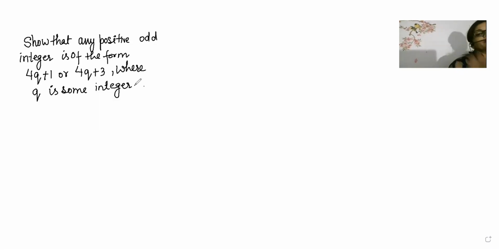Now, beta, first, don't think that you are solving real numbers. First take out from your brain that it is a tough section. There should be a strategy to solve it. What are they telling? Show that any positive odd integer. First, tell me some positive odd integers. Very good, Sudarshan. Sudarshan is having some very good techniques. He's telling, let a equal 4q plus 1 or 4q plus 3. Correct, Sudarshan.